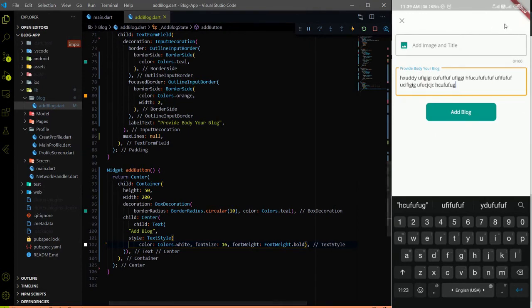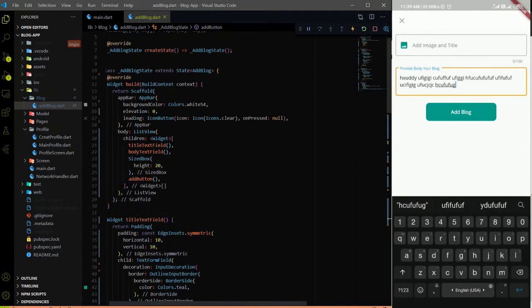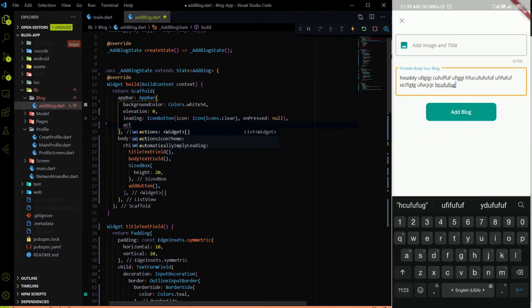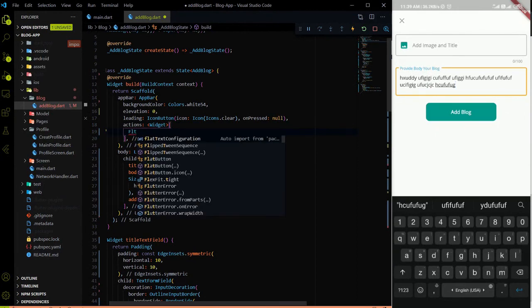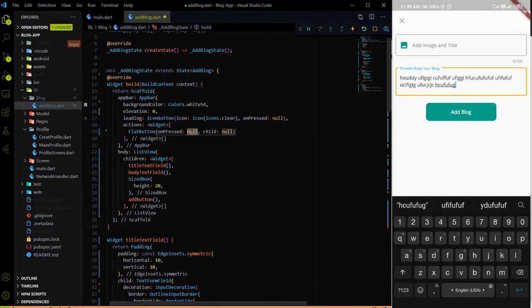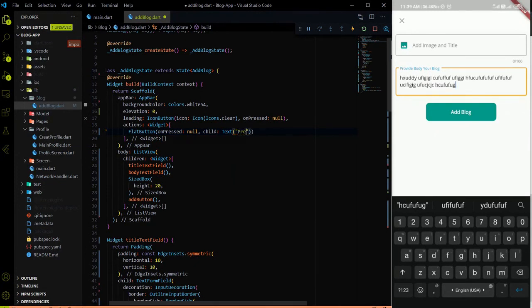So basically I will add a preview button over here. So let me go to the app bar, and here inside the app bar we have actions. Inside the actions we can use a flat button. In the flat button we have an onPressed and a child. In the child we can provide any type of widget. I will provide a text widget. So let me provide a text widget that will be preview, and here we can provide a style and